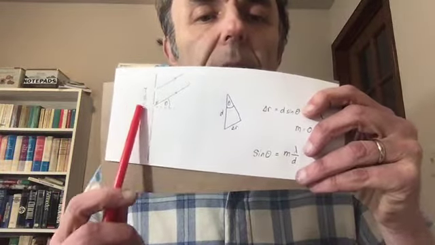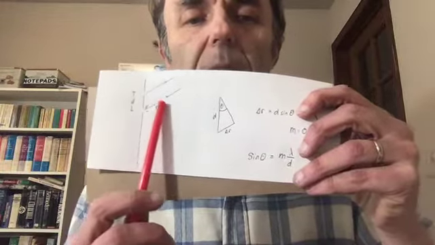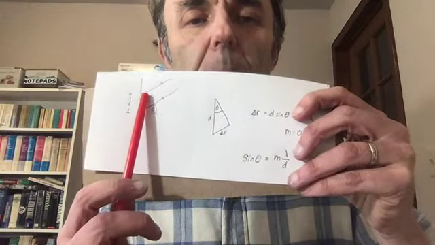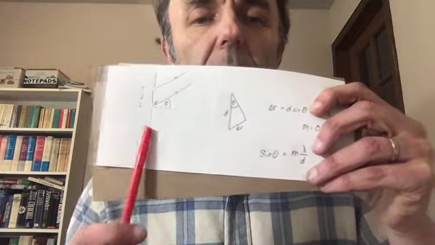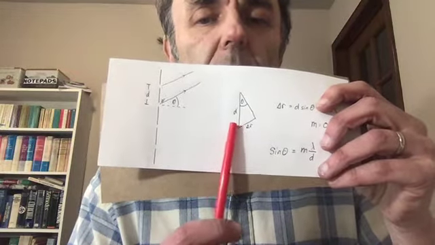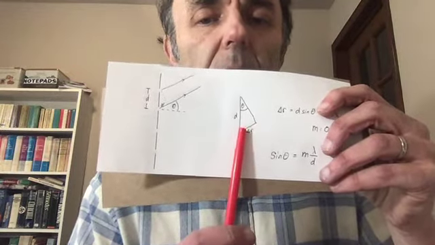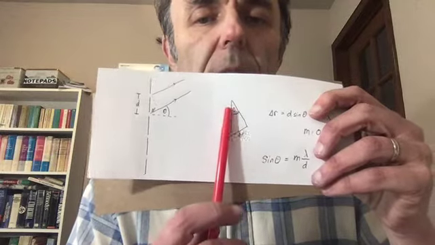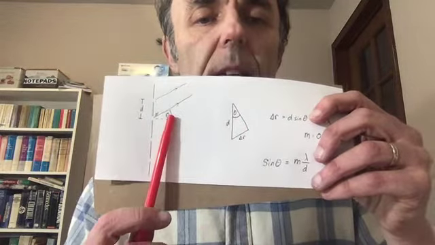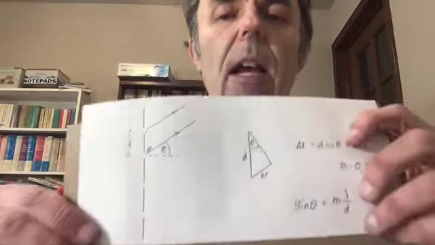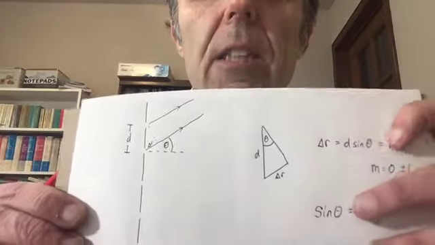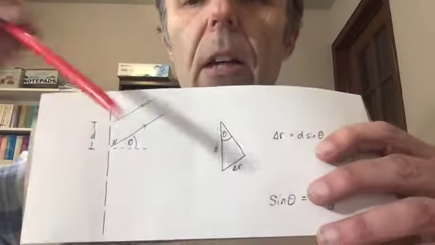This side is d. We're trying to find what this extra distance is. We'll drop a perpendicular line, and the extra distance of that ray is delta R. And this angle in this triangle is theta, the same as this angle theta. So what you have now is an analysis just like Young's experiment. Your delta R